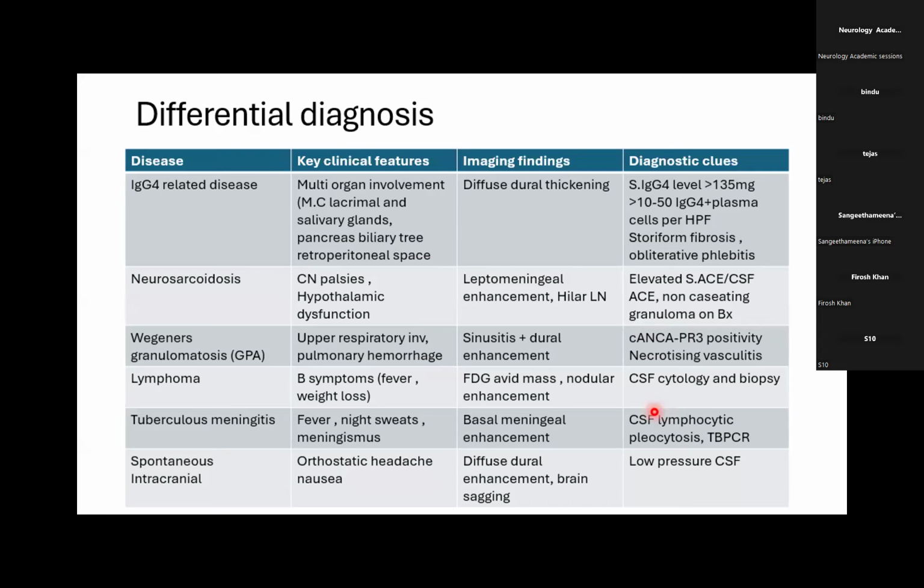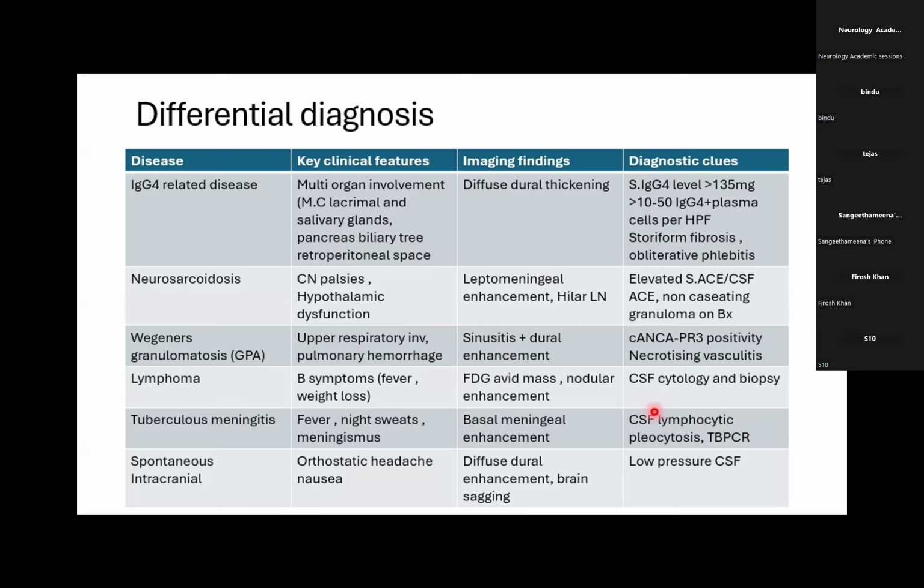The diagnostic clues for IgG4 related disease are an IgG4 level of more than 135 milligrams and more than 10 to 50 IgG4 plus plasma cells per high power field, with storiform fibrosis and obliterative phlebitis may be seen. Previously, more than 50% of the diseases thought to be idiopathic hypertrophic pachymeningitis are turning out to be IgG4 related disease. Neurosarcoidosis,